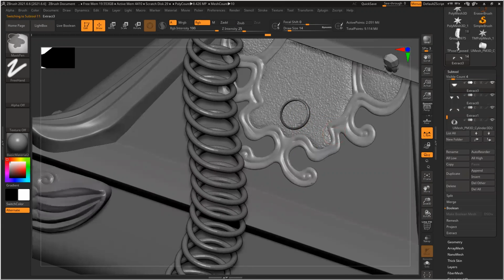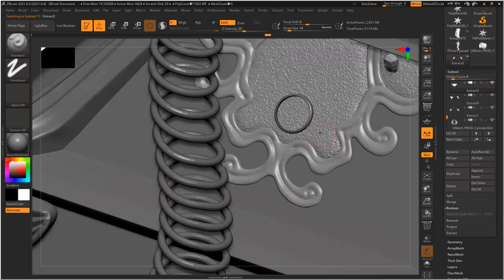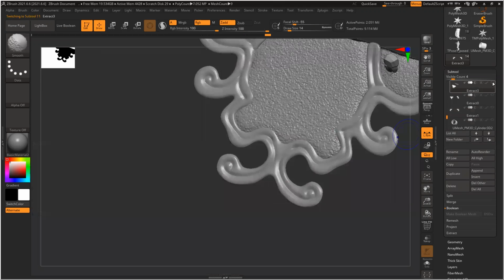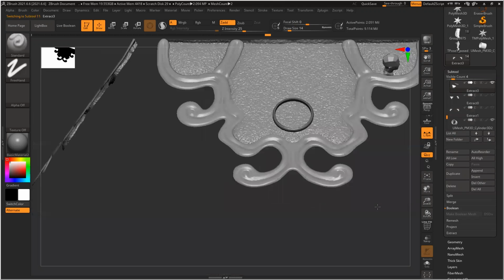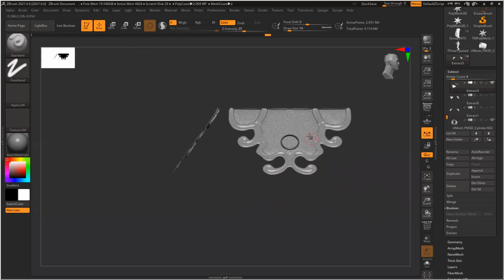It's clearly visible, and make it visible and make this visible. These two. Symmetry is on.